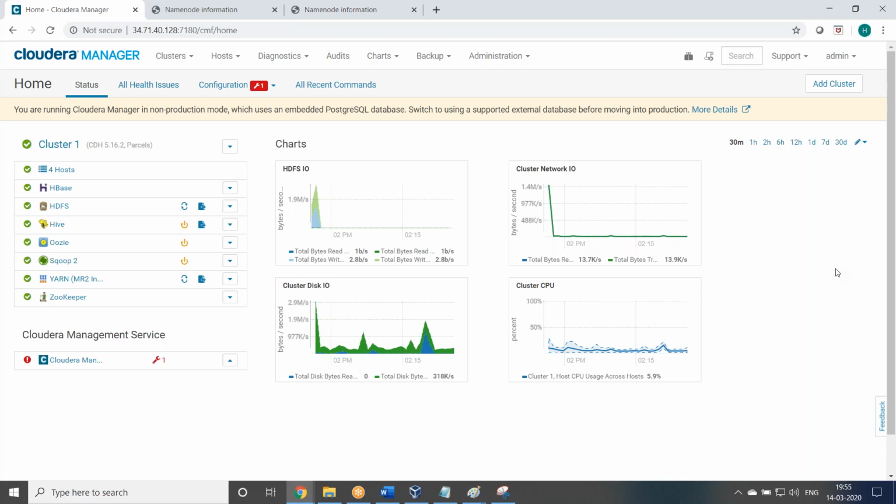But the first activity: people will ask, what is your day-to-day activity? My day-to-day activity is to monitor the cluster status and always make sure the cluster is healthy. When it shows good health, your cluster is healthy. If it shows red color, the cluster is in bad health. It is our duty to monitor the cluster and make sure the cluster is up and running and healthy every time.